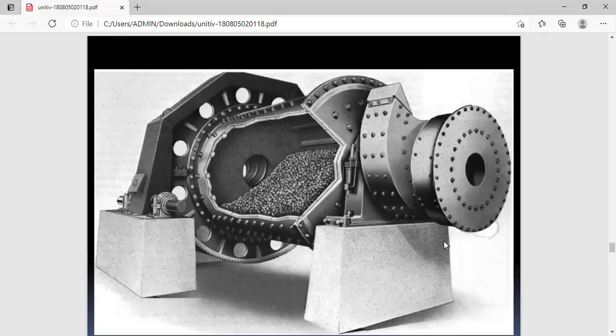So when it is operated below critical speed, the material moves up, and then it tumbles down. During that process, it knocks along the body of the mill, and also particles will be rubbing against each other, and then when it is falling due to gravity, there is impact. So the breakage of the materials happens due to the combined action. The material is fed from either left or right, and then the material is taken out from the opposite side.